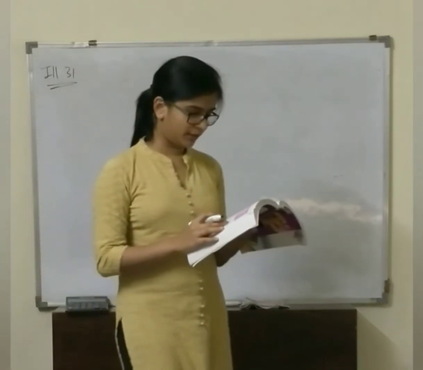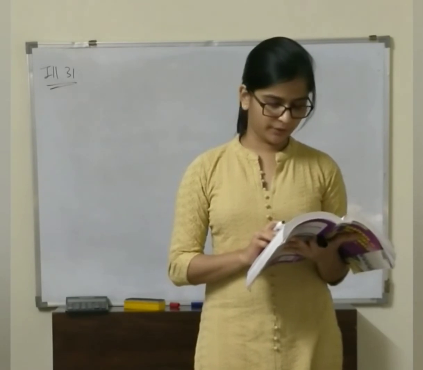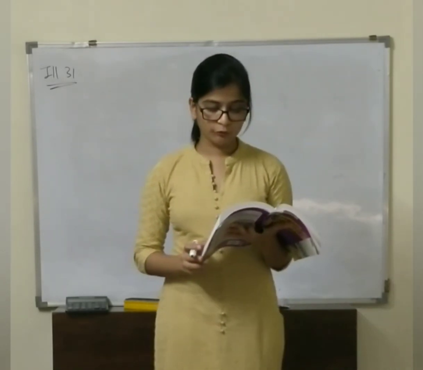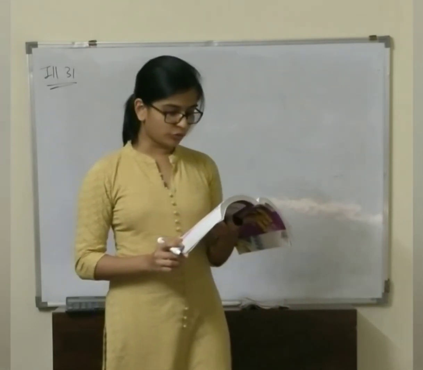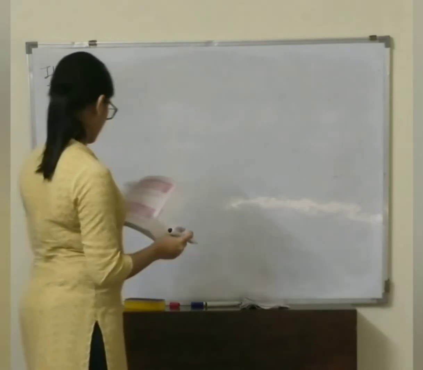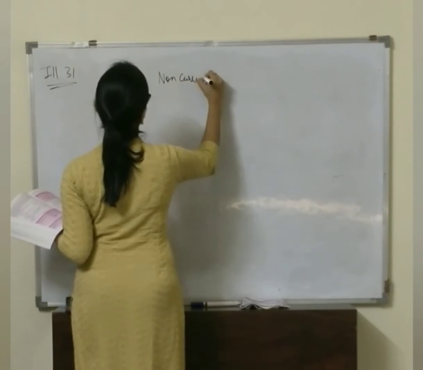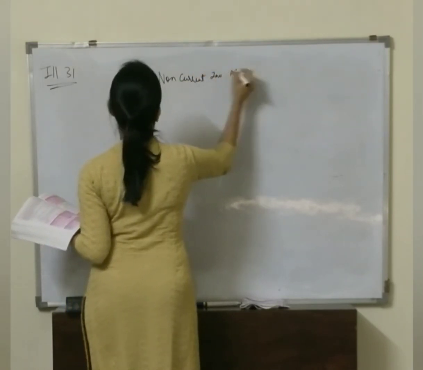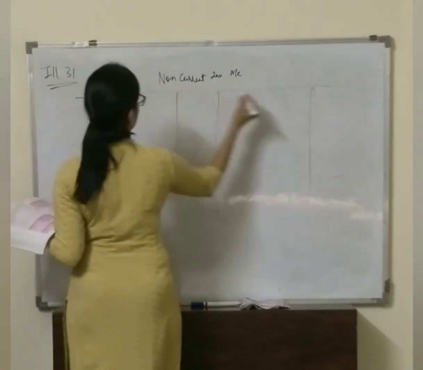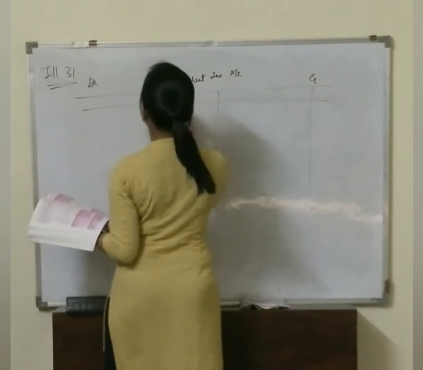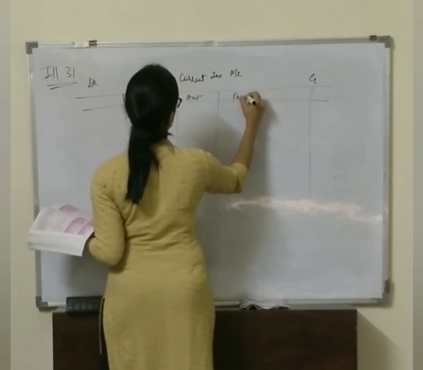Next, take down another illustration, that is illustration 31. Hero Limited had the following balance. We have non-current investment for 31st March 2010, 31st March 2011. They are given during the year the company has sold 40% of its original investment at a profit of 84,000. So calculate sources and uses of cash. So we need to prepare a non-current investment account. This is a ledger account which we will be preparing in this problem. Again, debit side, credit side. We will be having particulars, amount, particulars, amount.